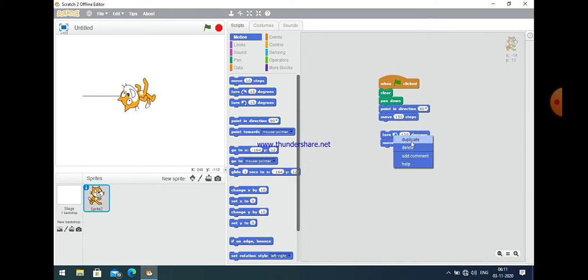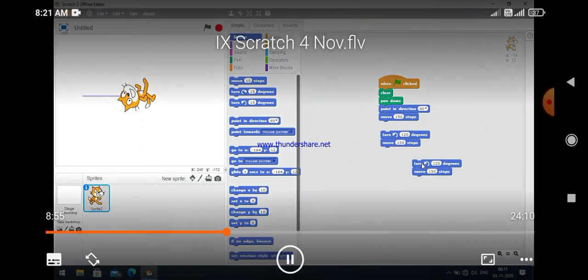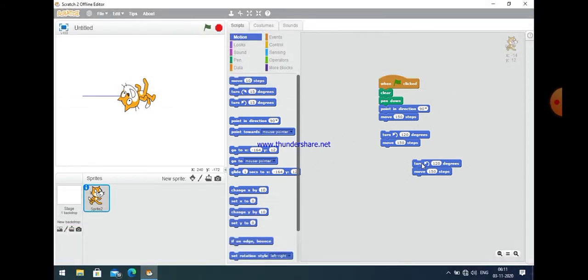So these are basically two commands, and I just make a group of these two commands. Okay, because to make a triangle we must turn 120 degree every time in the anti-clockwise direction and move a certain number of steps, because this will make you an equilateral triangle.